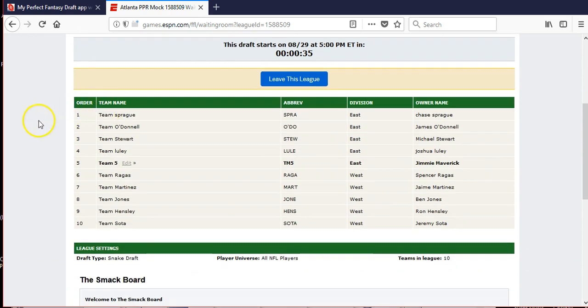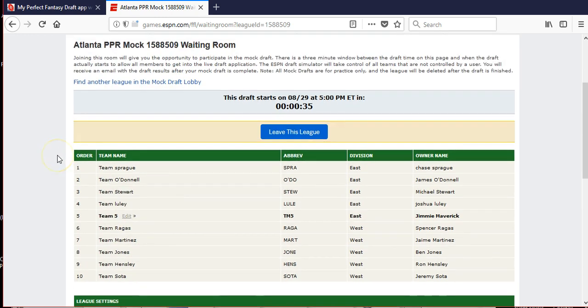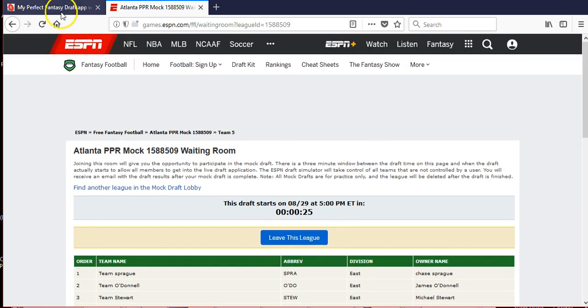We are going to do a 10-team PPR league. I'm going to be picking 5th. We're going to see what kind of team we can get, but we're going to use my app, which is